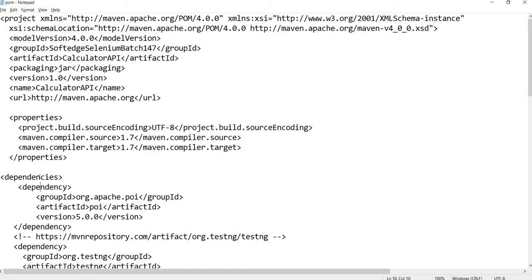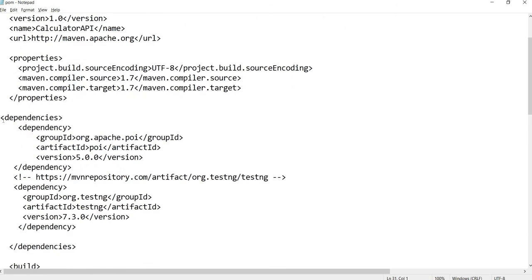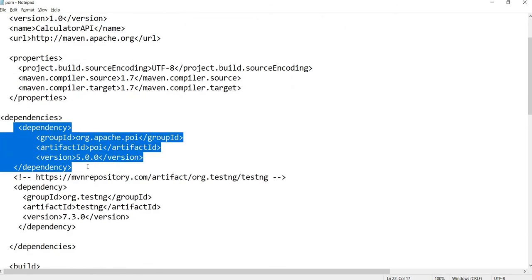Coming to this point now, what are these dependencies? Dependencies means what third-party libraries your project needs. Whatever implementations you have done in your project, have you used any classes other than those available in Java libraries?